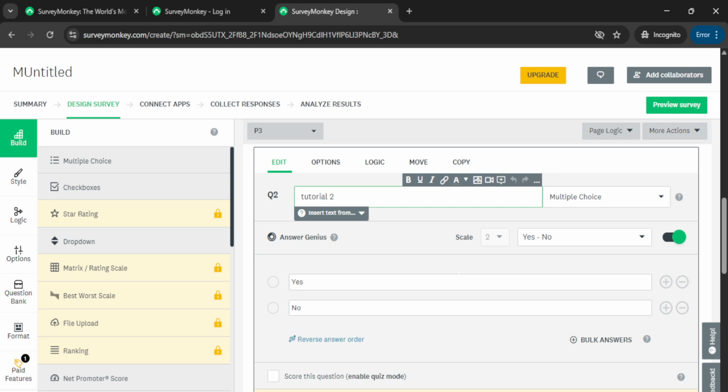By following these straightforward steps, you can vastly enhance your survey's effectiveness with multimedia components that capture attention and enrich the data gathering experience. Don't forget to preview your survey to ensure that everything looks just right before sending it out to your audience. And there you have it, an easy way to add rich, engaging video content to your